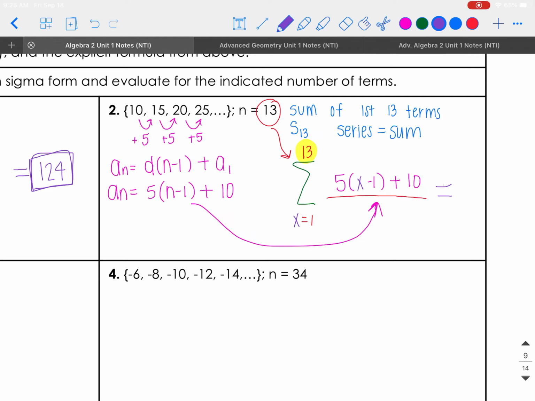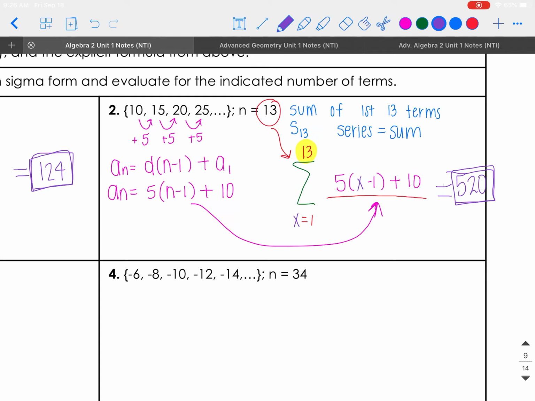Then scroll to the right, and we're going to type in that formula. 5, parenthesis x minus 1, close your parenthesis, plus 10. And that gives you, when you hit enter, 520. So if I were to look at the sequence 10, 15, 20, 25, 30, 35, 40, and so on,